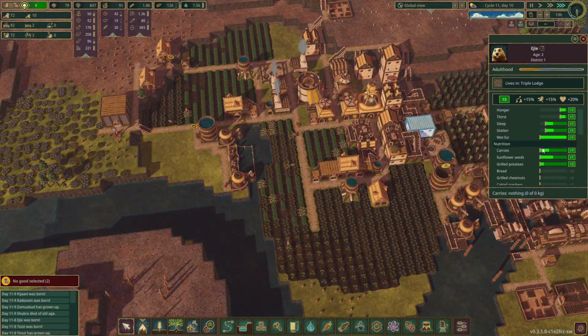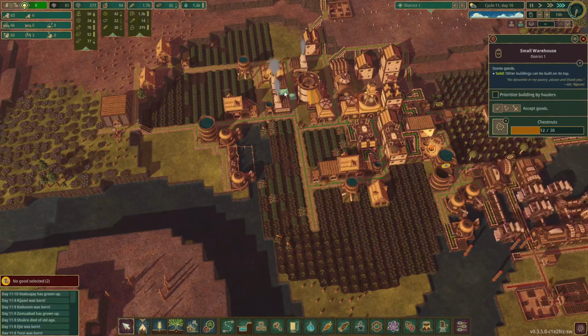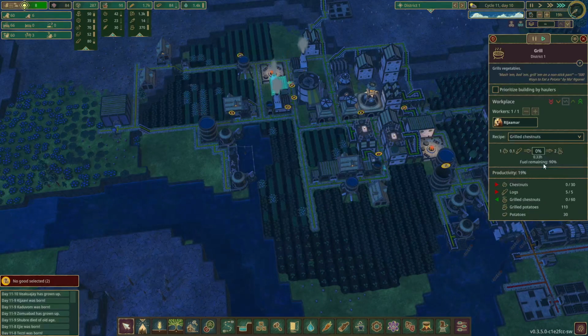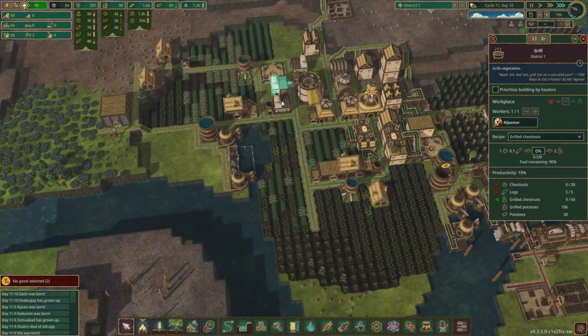So look, okay, grilled chestnuts would be a thing. We have chestnuts! Therefore, now I'm going to change that to chestnuts. Now when you change to chestnuts, obviously the grilled potatoes still stay there, so you don't really lose much. You actually still keep the 30 potatoes that were there before, but now he's doing chestnuts. So hopefully